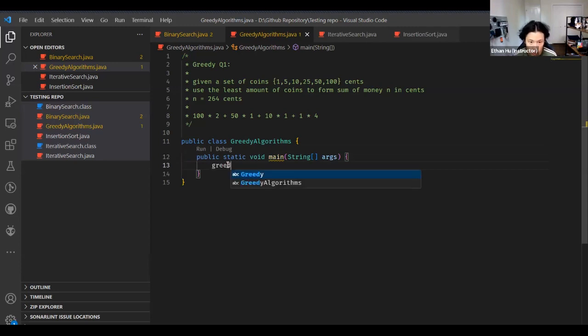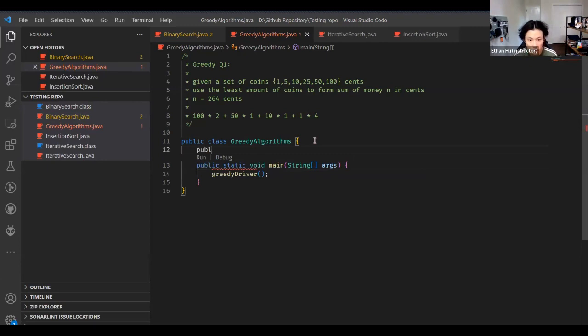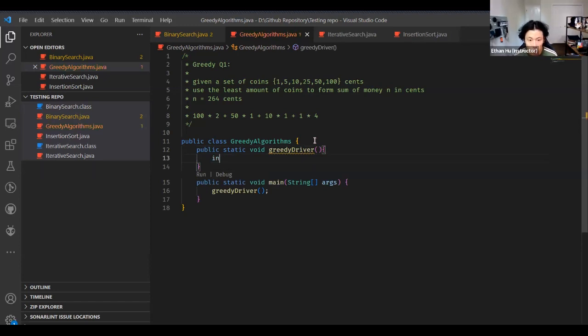Let's call it greedy driver. So this is a driver code for the greedy algorithm. Public static void. Driver just means the code that runs something. Right? Driver. There's nothing to input. So now we have int coins equal